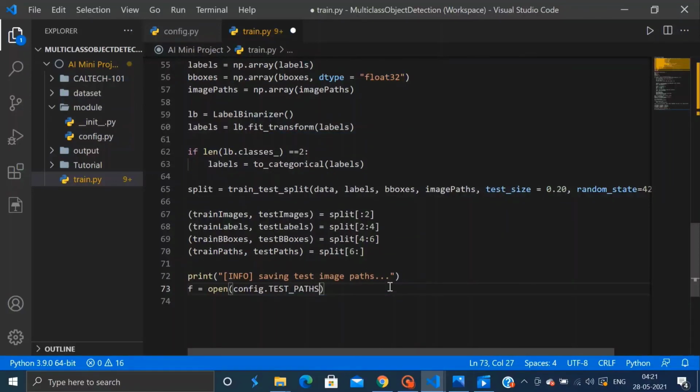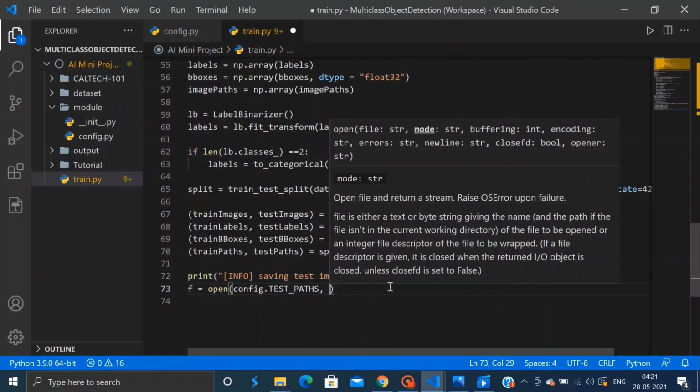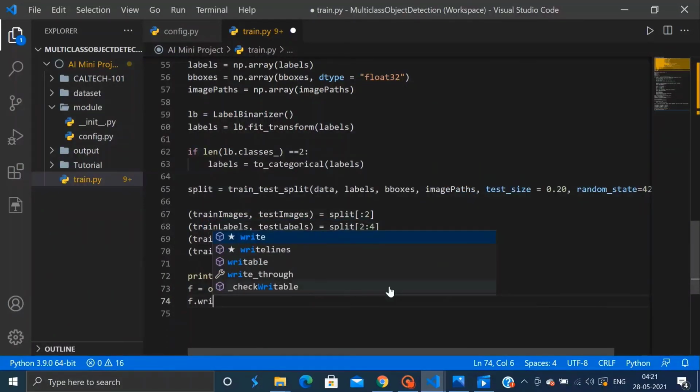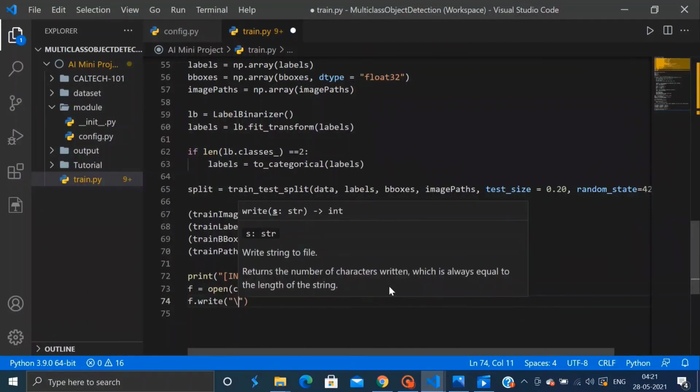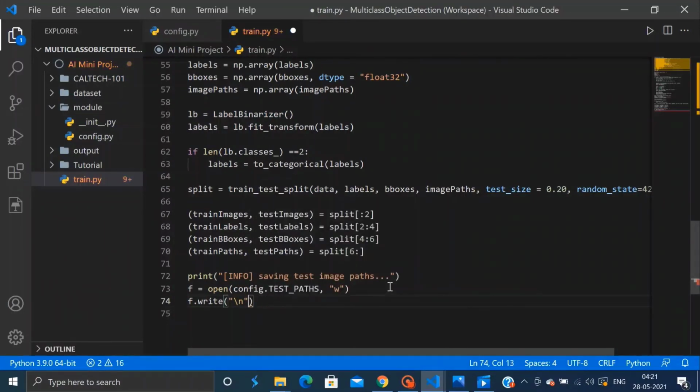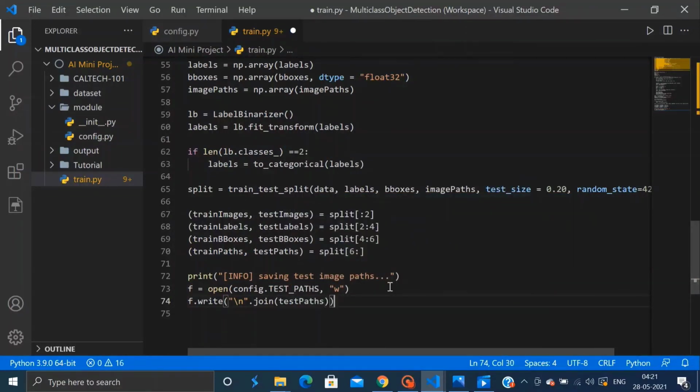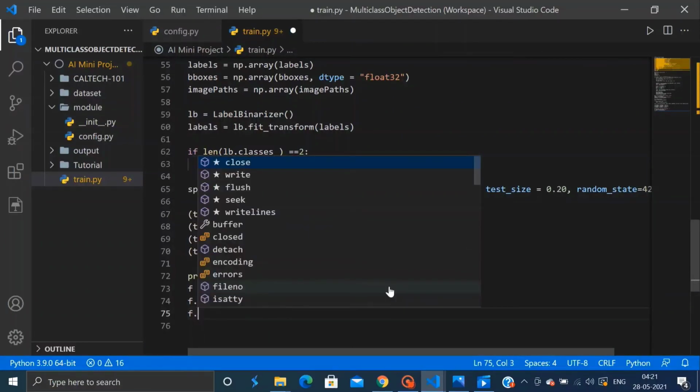So for that, I'll use the open function and pass in the test paths as an argument. Then I will write these into the file. And then close it.